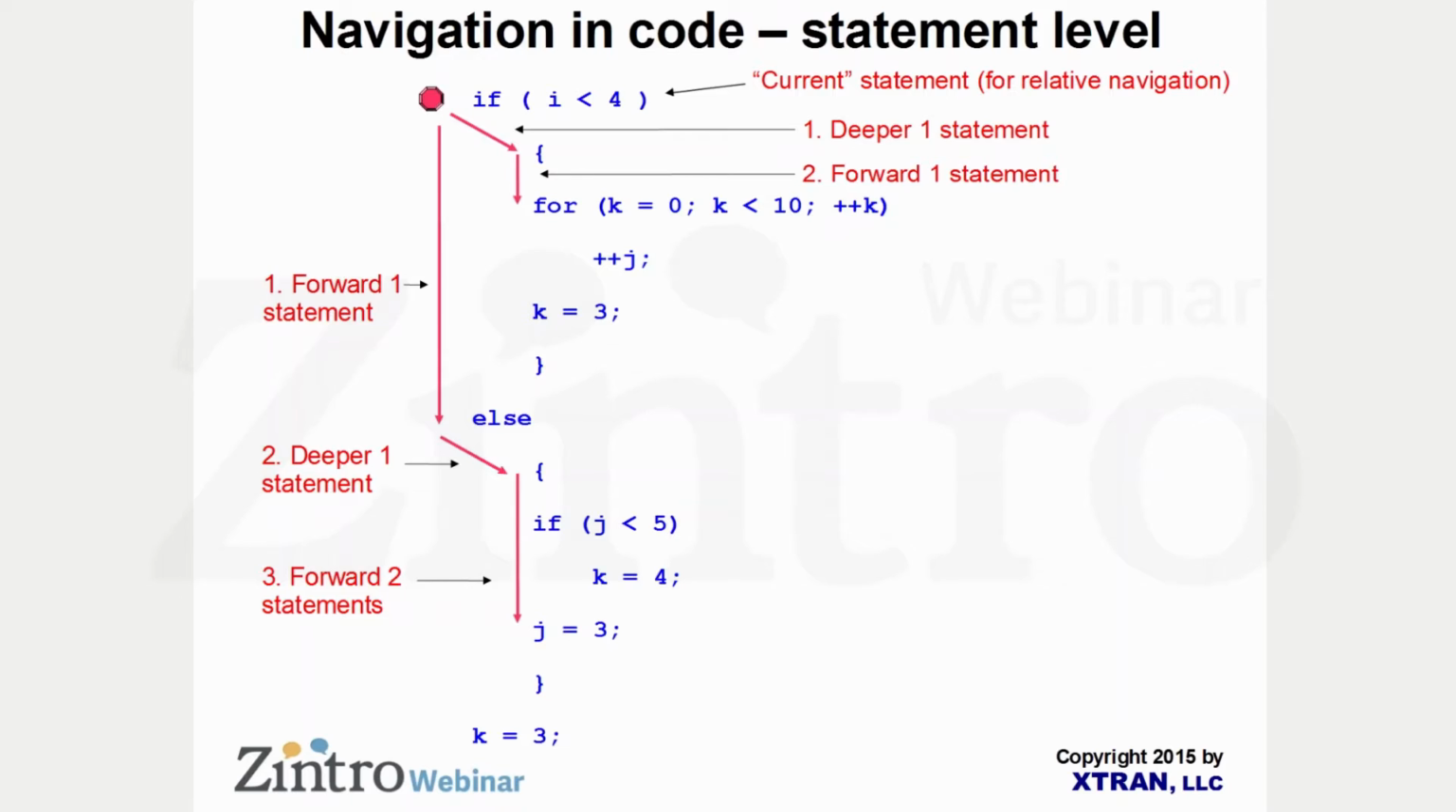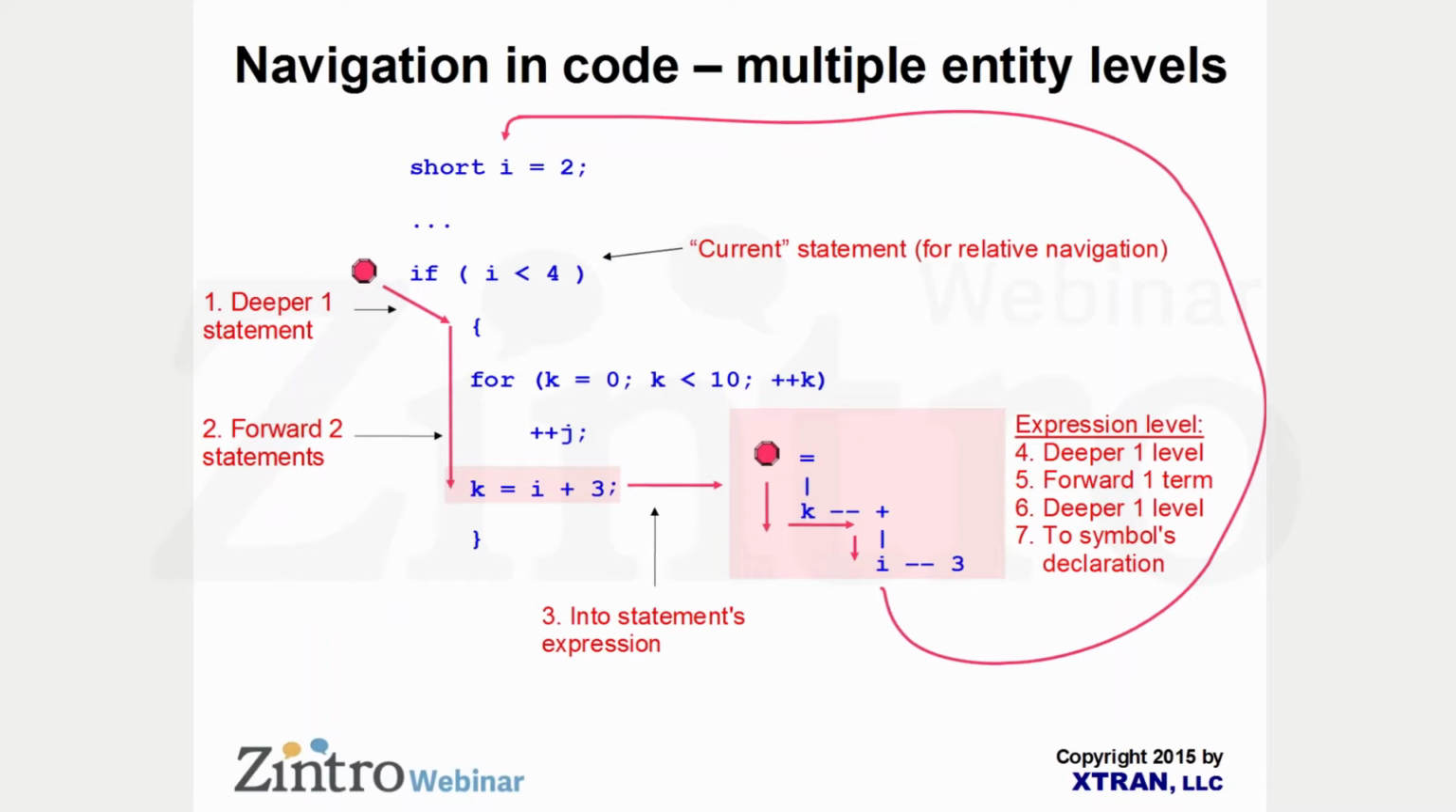Now let's take a little bit of a more complicated example. We're going to do navigation at different entity levels. We start at the statement level. That's our first stop sign over on the left there. And we navigate down. We go into the consequence of the if underneath it, go forward a few, go into